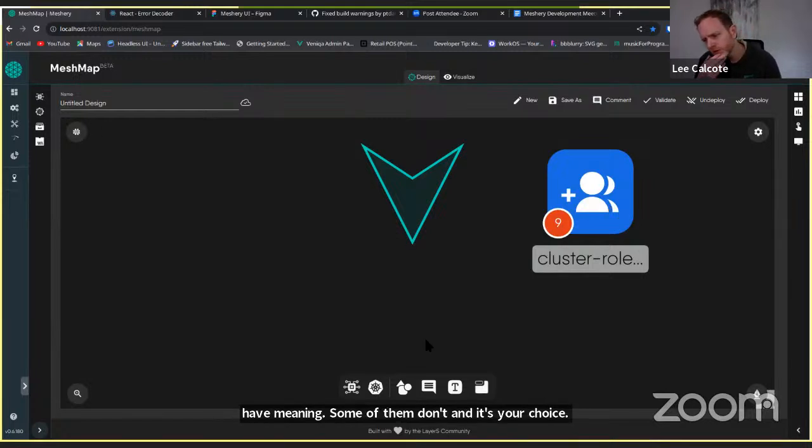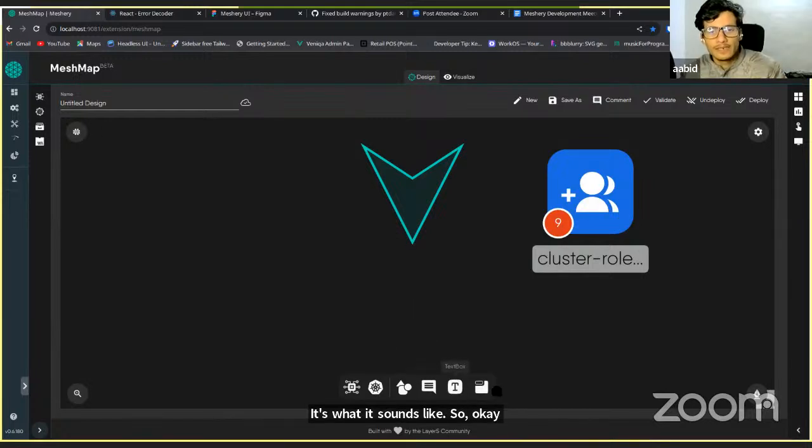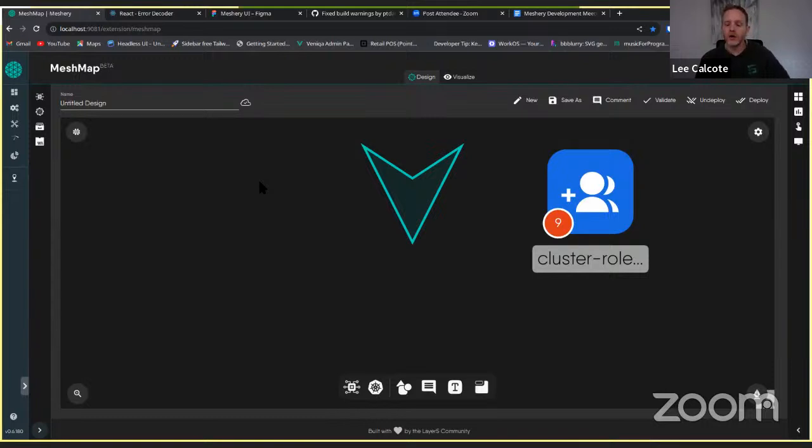Also, these comments and notes would act as a shared knowledge base inside the designs themselves. Is there an example of that? Like that text box there?